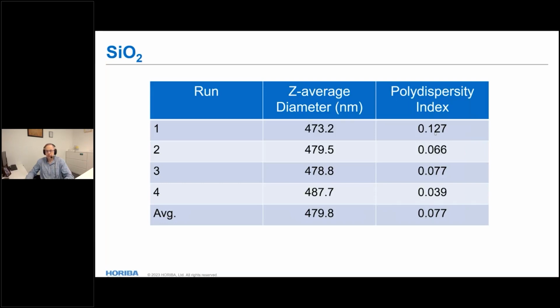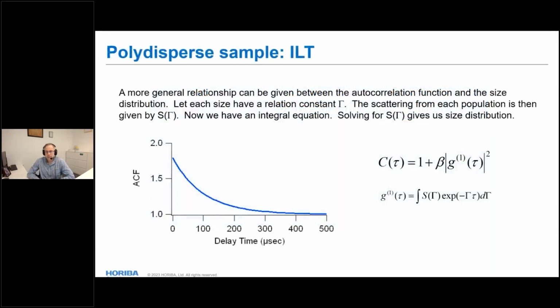And you'll notice that the polydispersity index tends to vary more than Z average diameter. And that kind of makes sense, that measures of distribution width have a higher uncertainty with the data set than measures of central tendency. Also, something to keep in mind as you're watching your data is you expect your polydispersity to vary more than your overall average size. Well, if you stare at the math for a while, or you just remember what